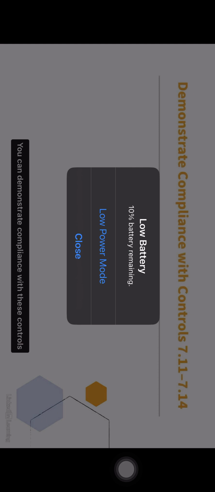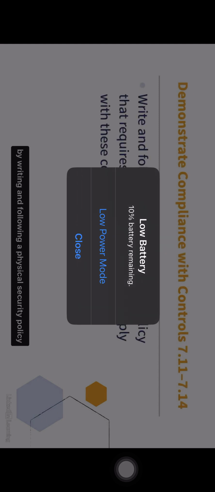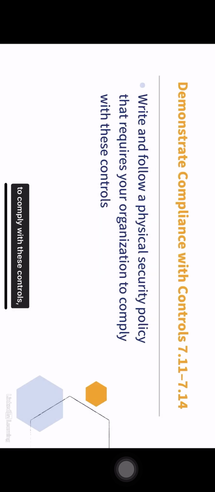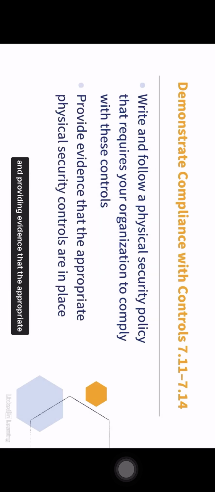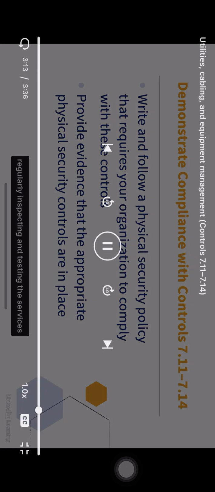You can demonstrate compliance with these controls by writing and following a physical security policy that requires your organization to comply with these controls, and providing evidence that the appropriate physical security controls are in place. If your organization isn't already regularly inspecting and testing the services,